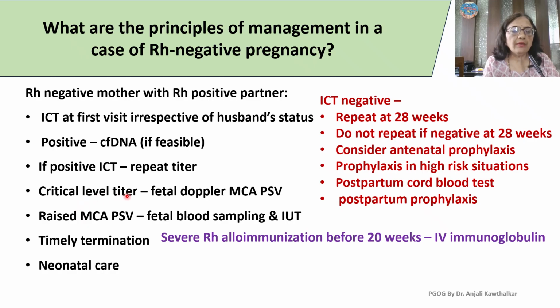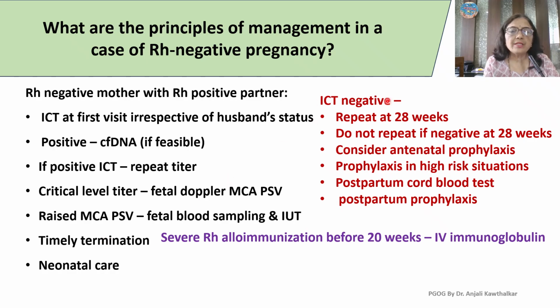If it is a critical level titer, then fetal Doppler MCA PSV, middle cerebral artery peak systolic velocity, is indicated to diagnose fetal anemia. If MCA PSV is raised, it is an indication to proceed with fetal blood sampling and, if required, intrauterine blood transfusion. Timely termination will be indicated in such cases, and proper neonatal care will be of utmost importance to prevent perinatal